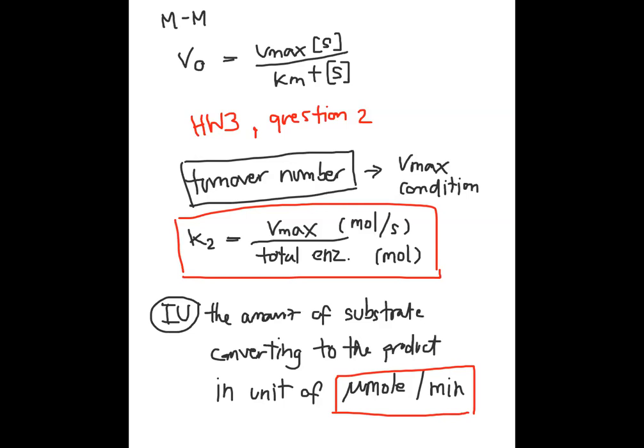So IU equals micromole per minute. For example, if your enzyme turns the substrate into the product at 5 micromole in 30 seconds, then to find the IU, you have to multiply the 5 micromole by 2, because this 5 micromole is just in 30 seconds. So you need to find the amount